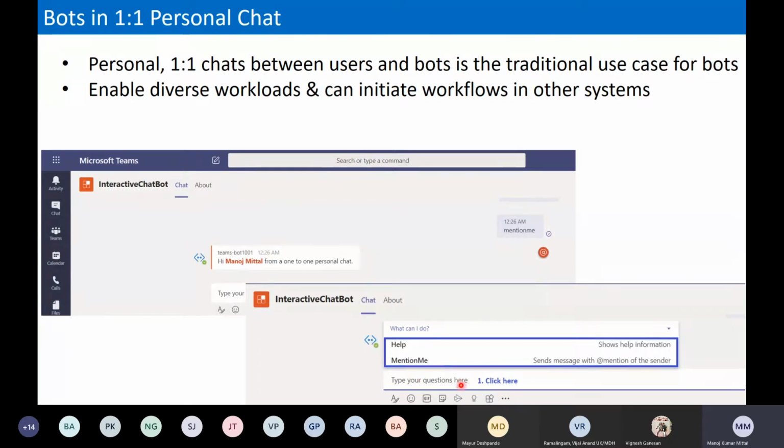People can start typing, and pop-ups start appearing showing hint text. If the user doesn't know what to do, we can give some hint text, which they can select and start their conversation. As I type here, 'mention me' is just a random text I defined in the system, and it gives the details. This is how the one-to-one personal conversation happens.